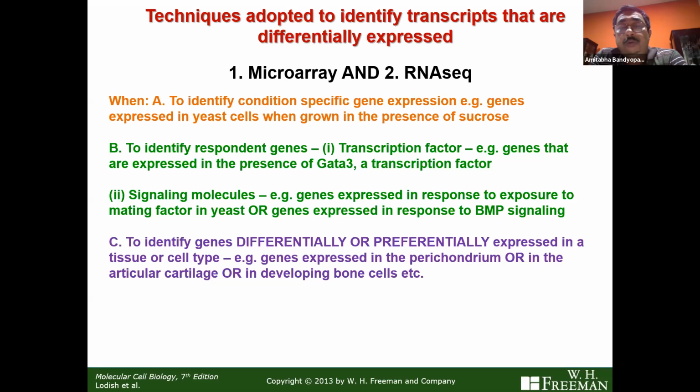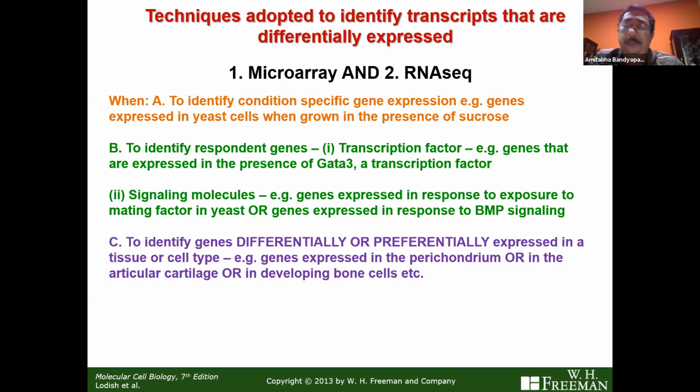Without introducing you to the terms properly, there is a tissue in the developing embryo called perichondrium. If you want to know which of the genes are specifically expressed in the perichondrium, or in the cartilage that lines our joint, that is the articular cartilage or joint cartilage, or in developing bone cells,